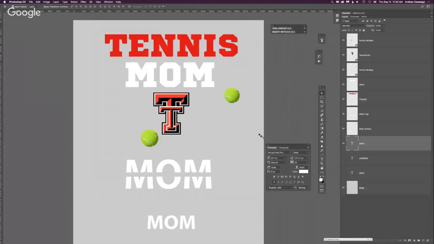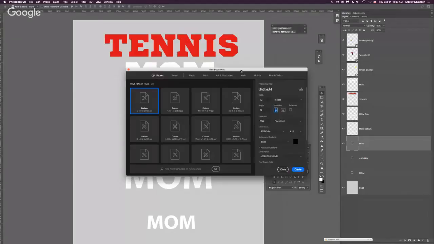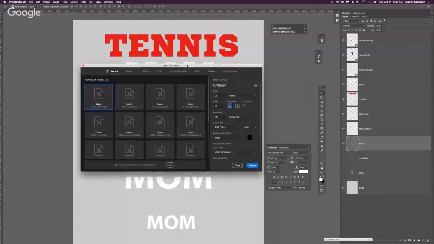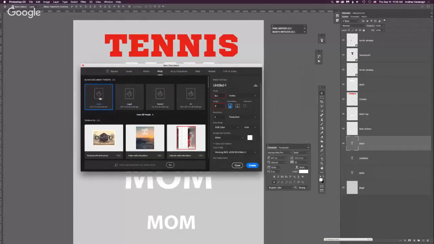So let me just show you if I start a new one. Say I go to File, New. Okay. And then this New Document panel comes up. And then they have all these templates. So I could say, okay, print, that's what I want, letter size. And I'll just name it lesson or something. So it's 8.5 by 11, and it's set to white. And then when I hit create,